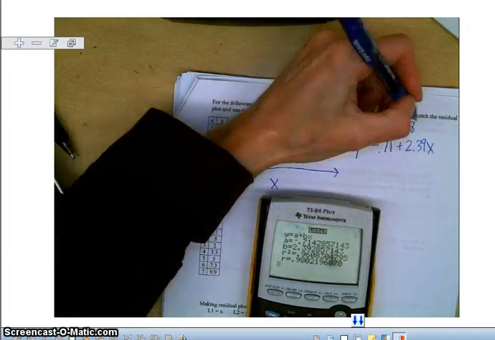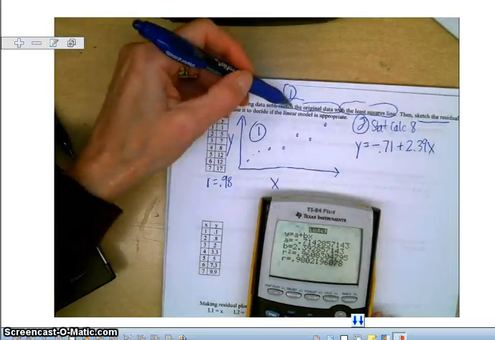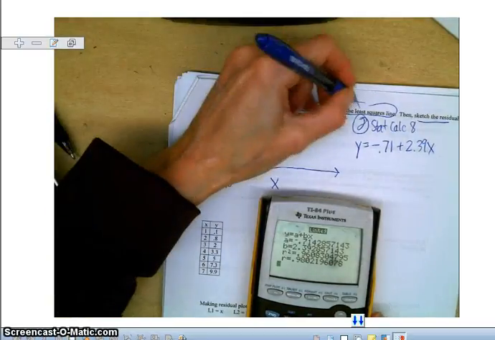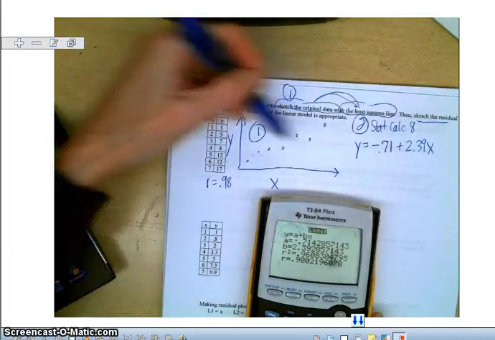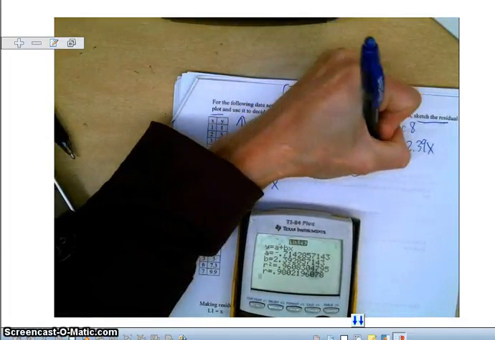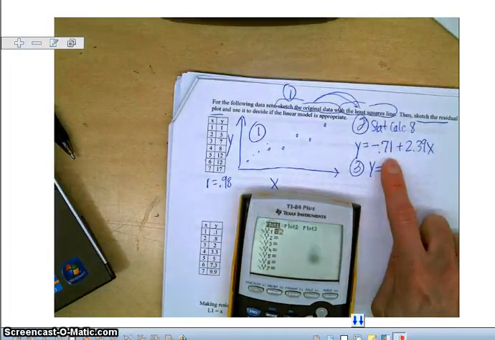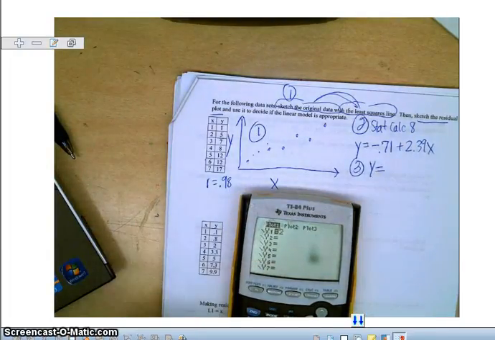Well, sketch the original data with the least squares line. We're still trying to do that. So now we're trying to put this line on here. So now step 3, I'm going to hit the y equals button on my calculator and type that equation in to the first line. If there's an equation there, clear it and just type in negative 0.71 plus 2.39x. And then if I hit graph,